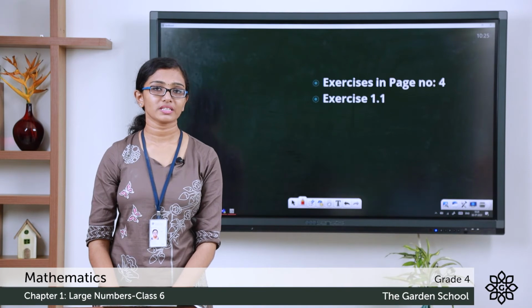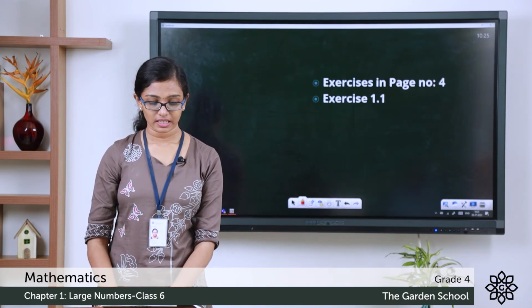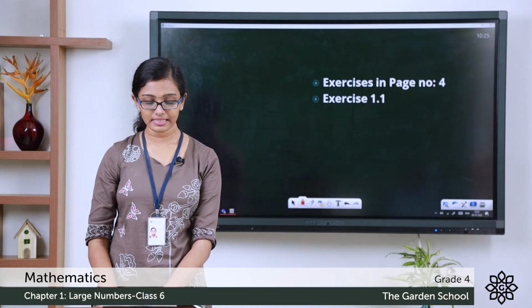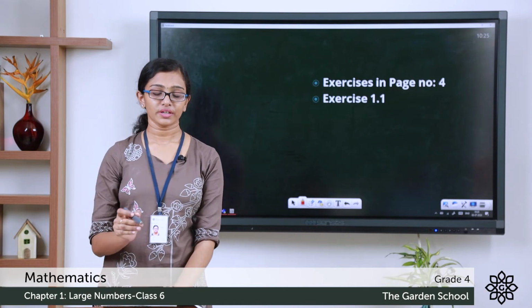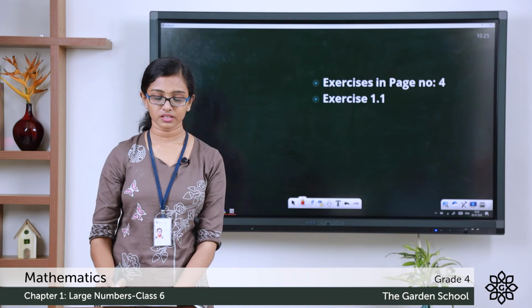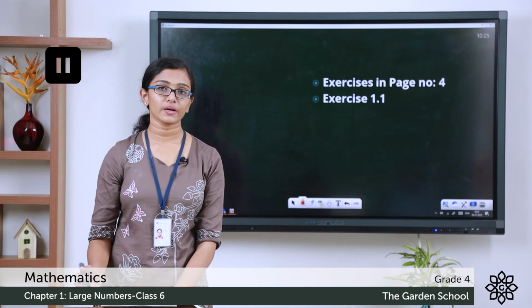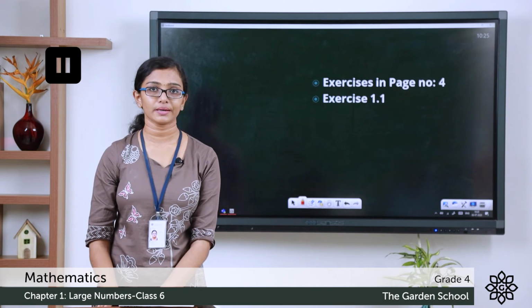Now let's move on to question number 7. Write a number that has, the first one is 4 hundreds, 5 tens, 1 10,000, 4 ones and 6,000. You can note down the place value in each case just above the words so that it will be easier for you to add all the place values and write the short form there. Please do the question and come back.